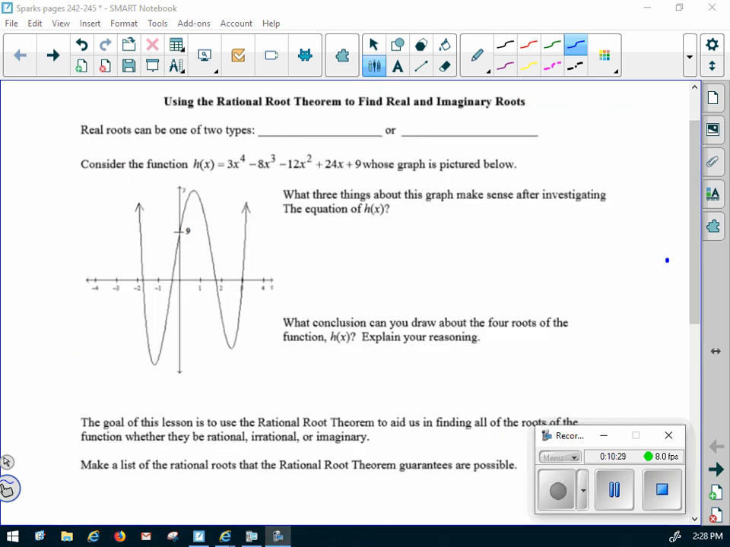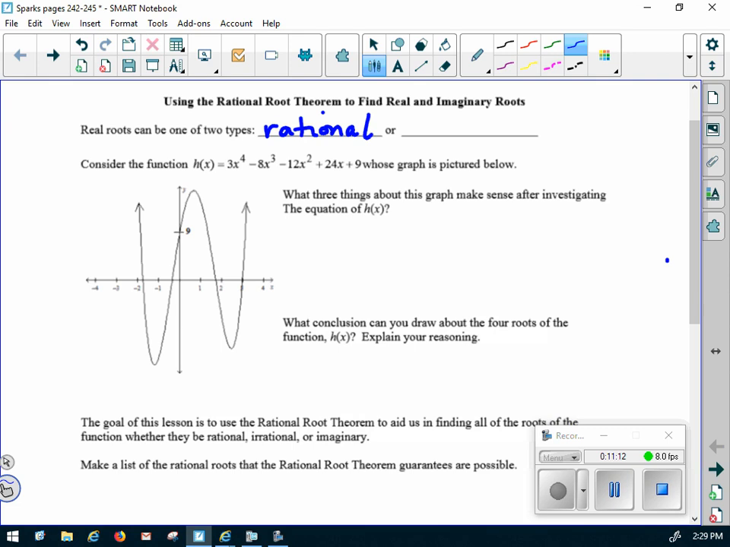You notice it says the rational root theorem. You're not going to even have to remember this, but the rational root theorem says that the only possible roots of a function are the factors of the constant divided by the factors of the leading coefficient. If there are zeros, they're going to come out of that list. So, real roots can be one of two types. You can have real roots that are rational